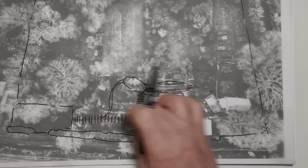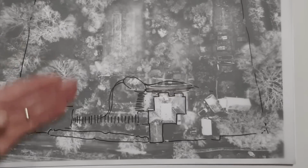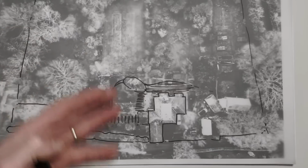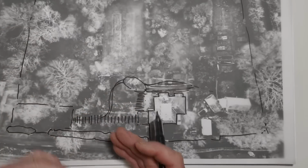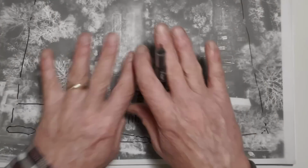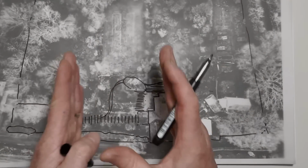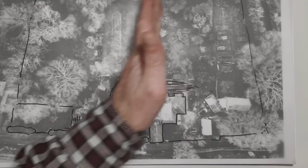If it was all laid directing towards where you're heading, it speeds it all up and actually rushes you through. Whereas I'm in no rush at all. This is my country garden. I want to slow down. I want to be able to take in that walk to the house. But this way, I've changed the axis because I want to work with the landscape that's happening out there. And so I don't want everything pointing in that direction, which leads me on to how the garden is currently